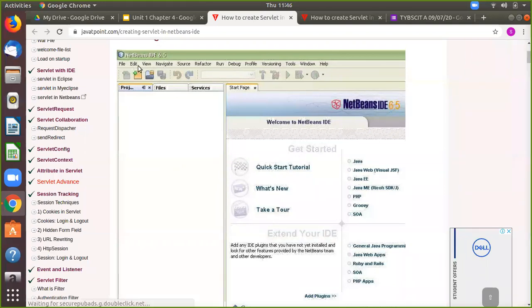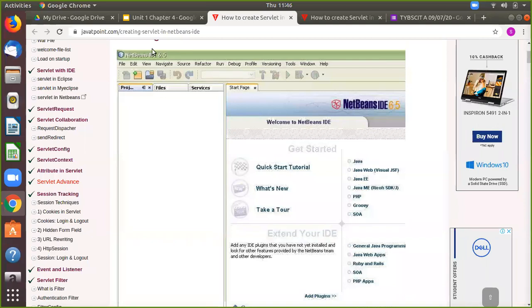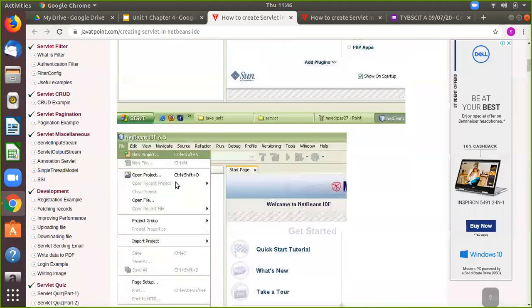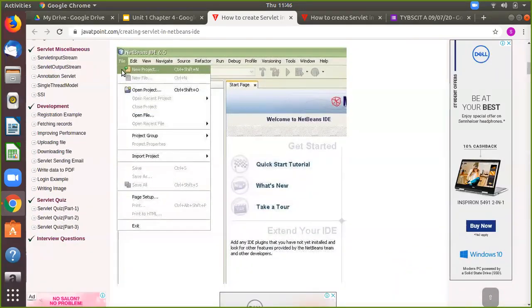Now, here in NetBeans, this is 6.5. We need a higher version, minimum 8 is required. Now, when we start with this NetBeans IDE, what is going to happen? I have an option called File. Why am I showing all these steps to you? Basically, I wanted to show where this web.xml is going to come into the picture, and I am also going to show you what type of code has been written in it.